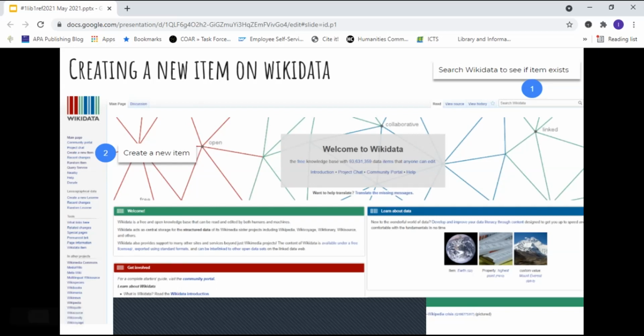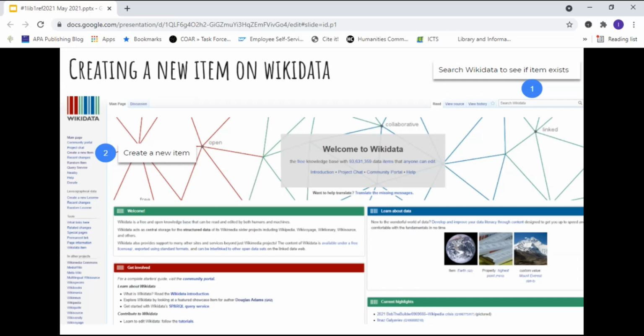So how do you start creating a new item on Wikidata? Well, one needs to start by first accessing the Wikidata homepage, and what you are seeing currently on the slide is the homepage of Wikidata. And before creating a new item, it is always important, and you can see it's numbered 1 on the slide, it's important to check whether the item already exists.